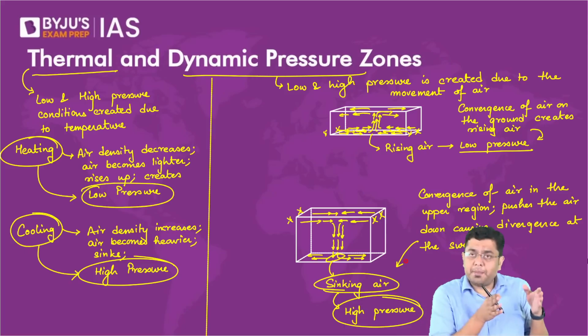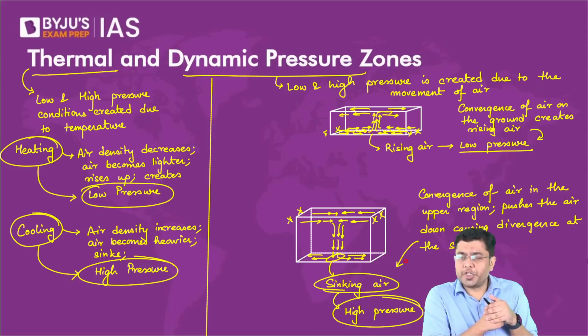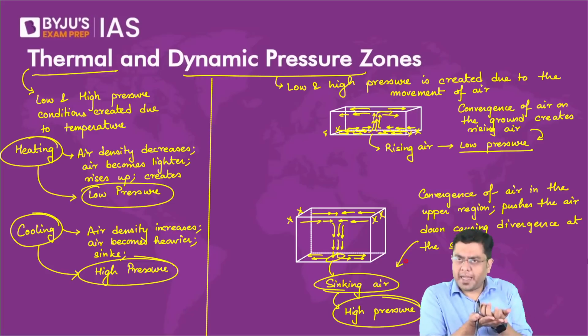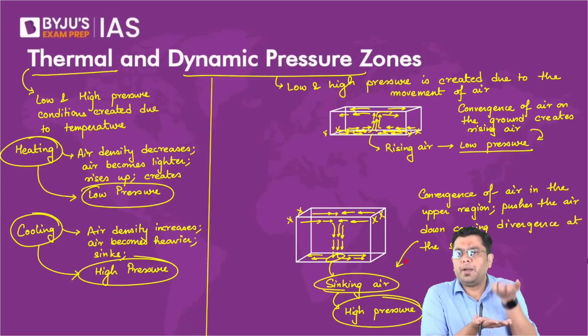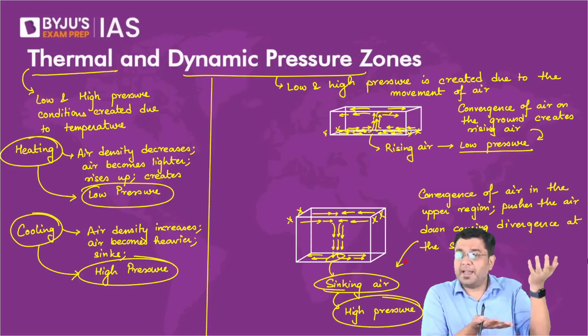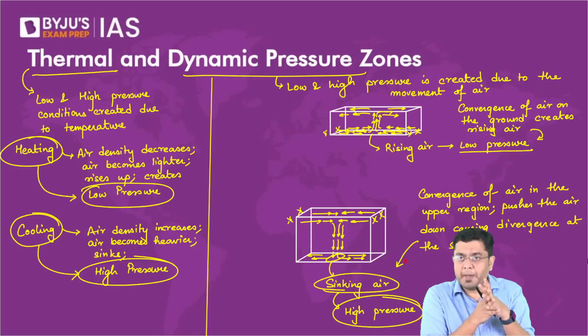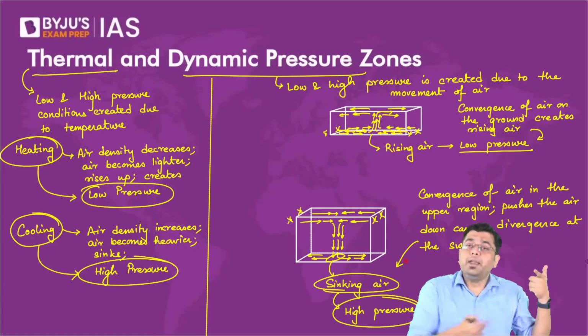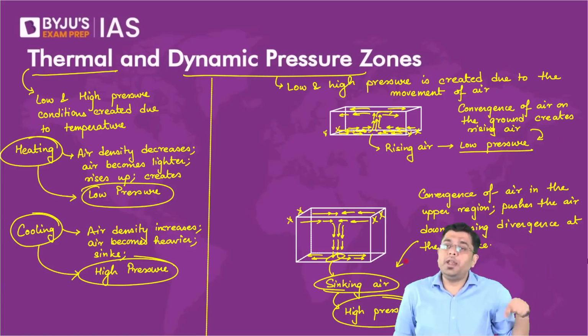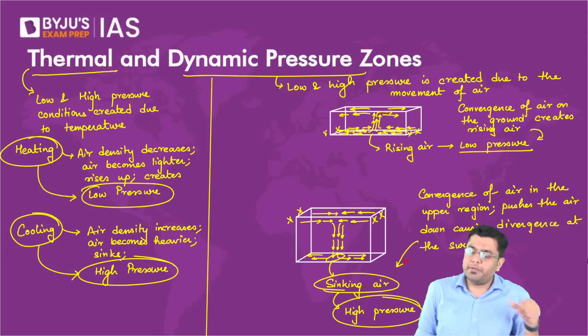So we have seen that basically a low pressure or a high pressure condition can be initiated both by temperature as well as the movement of air. When we talk about the role of temperature, any region when it gets heated up, it will heat up the air above it as well, and that heated air will tend to become lighter, it will rise up. Any region which is cooled down, the air above it also cools down. It gains a greater density because more number of particles will be included in that air parcel. It becomes heavier and it tends to sink. That is why heating creates a rising air column, cooling creates a sinking air column associated with low pressure and